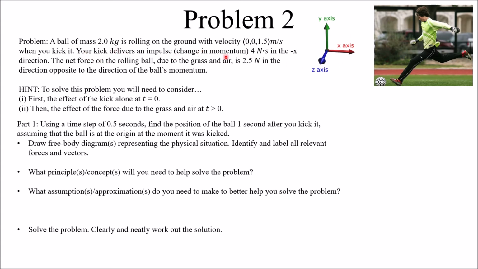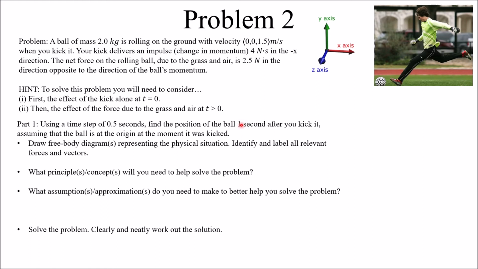We have a kick that we are going to deliver to this ball that's moving, and the change of momentum from that kick is going to be 4 newton seconds in the negative x direction. And then after that kick, we have a net force on the ball, coming from friction in the air, totaling 2.5 newtons in the opposite direction of whatever the motion ends up being after the kick. The hint is that we need to solve this problem by first looking at the effects of the kick, and then taking into account the resistive forces of the grass and air. For part 1, we're going to use a time step of 0.5 seconds,